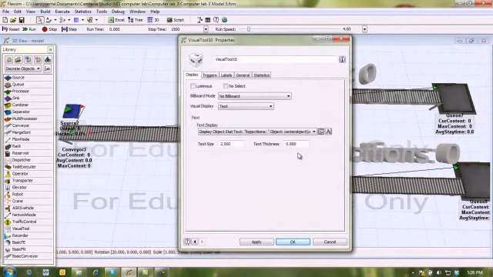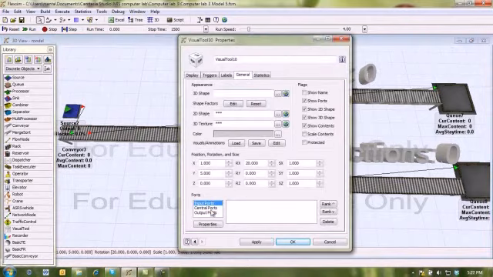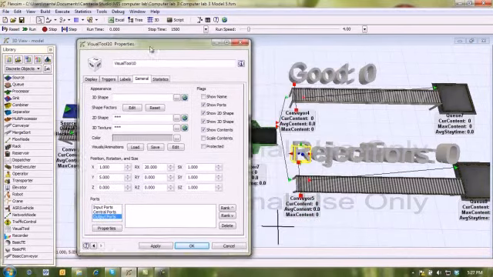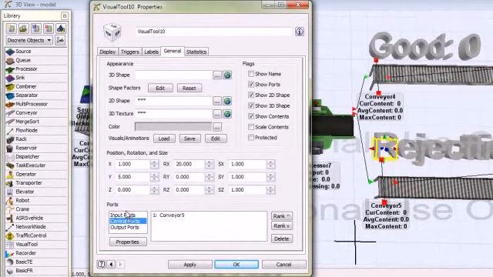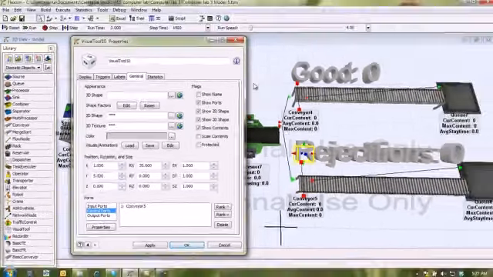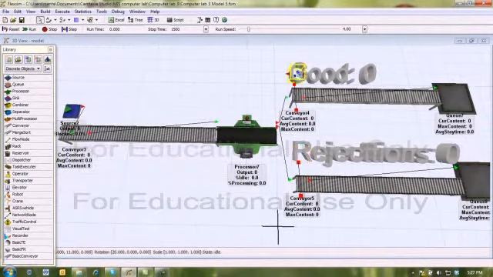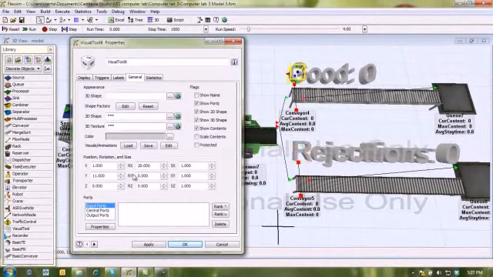Now I want to check in general the central ports. That was what I was telling you before. Every single object has an input port, a central port, and an output port. For these visual tools, as you see, they don't have input and output. They only have a central port, which means it's connected to conveyor 5. So if I click on this tool, I will have a central port connected to conveyor